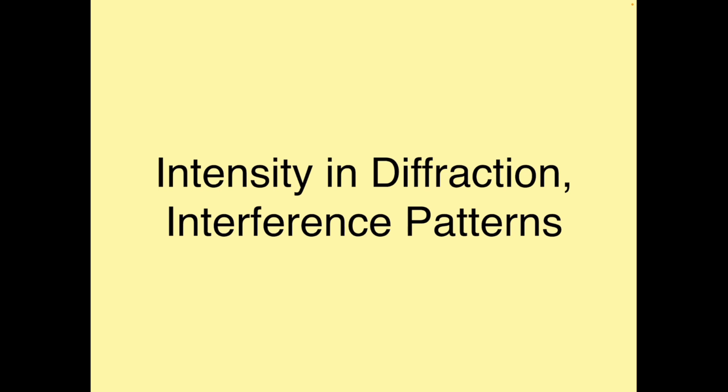So think back to the previous chapter, chapter 34. We spent a lot of time talking about the double-slit experiment. So if you send light through a pair of narrow slits, what comes out is the interference pattern. And we can project that interference pattern onto a screen. And what it looks like is a series of bright and dark spots that you'll see on the screen. And we came up with some equations to describe where those bright and dark spots will be located in the